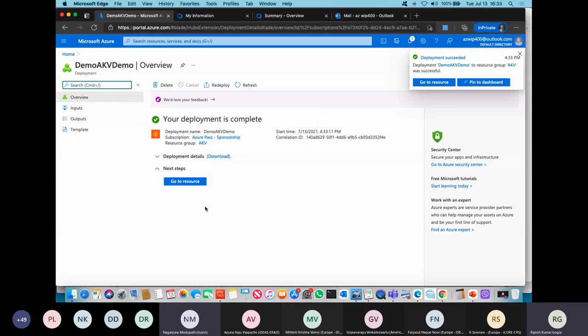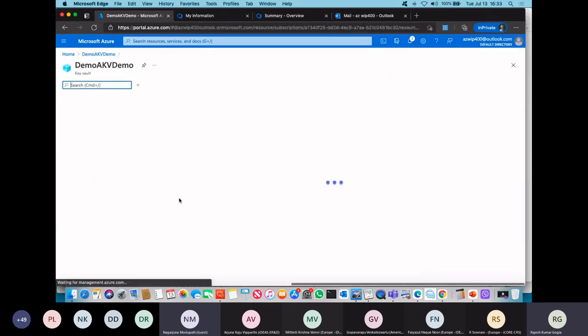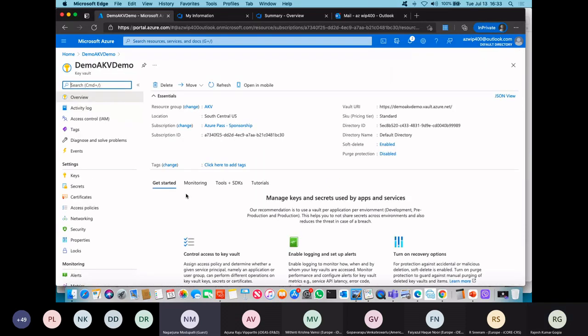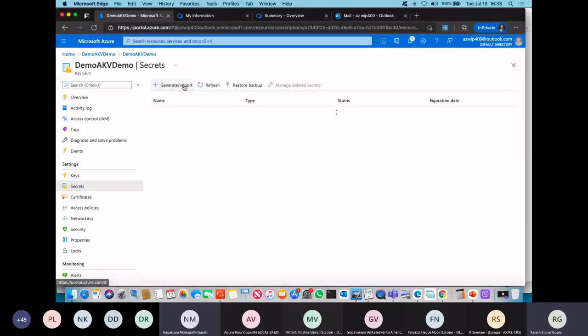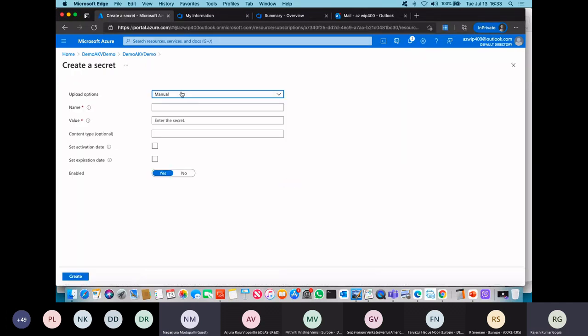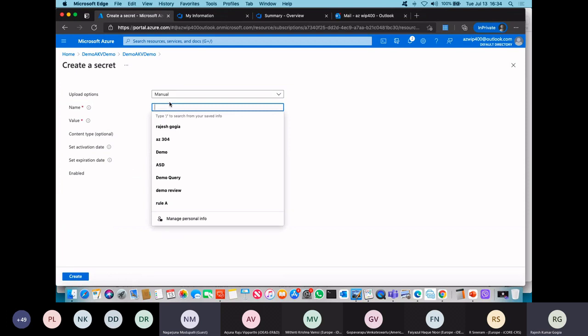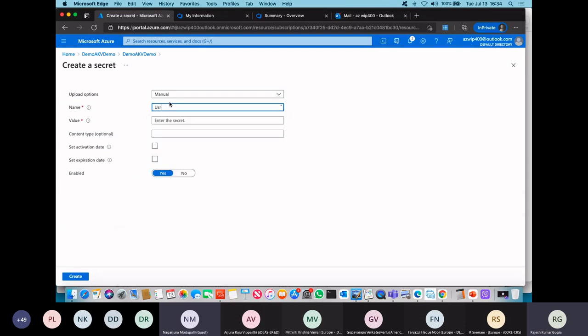All right, so now the Key Vault is ready. Let's say we are defining the key variables here itself, like the key value pairs. Say, for example, one of my variables has the key username. It can be any variable, let's say, which